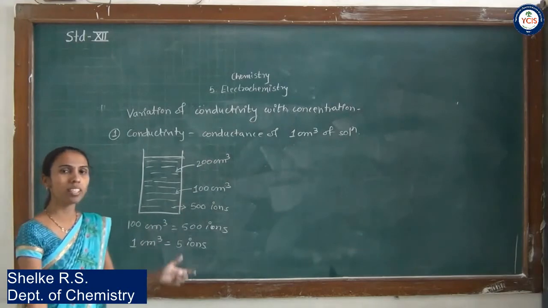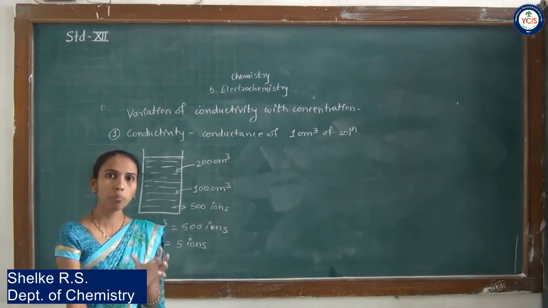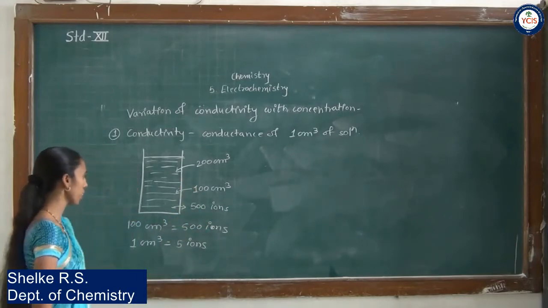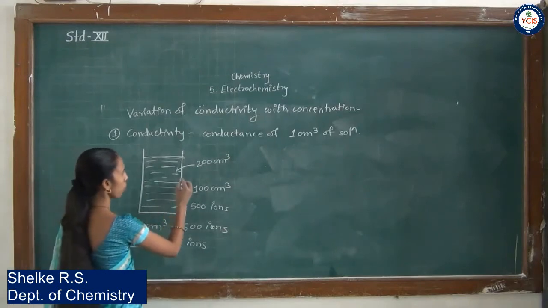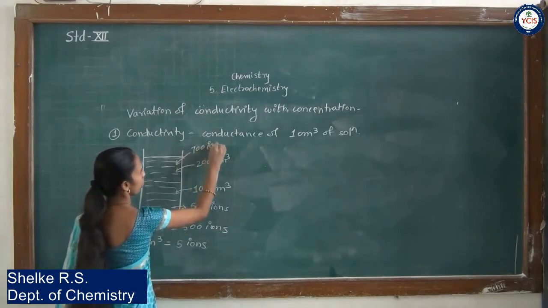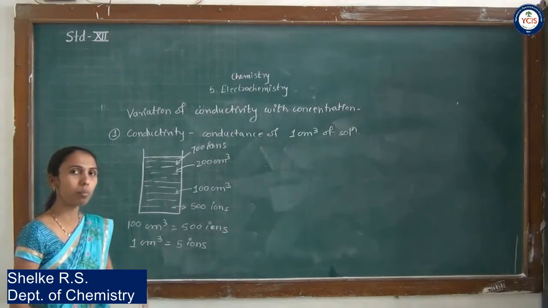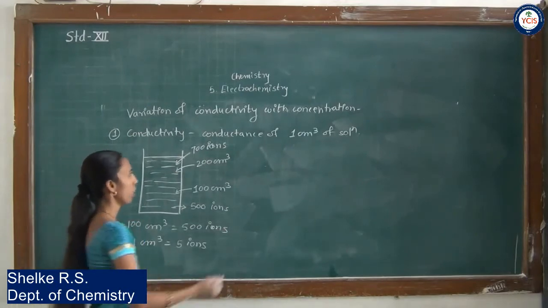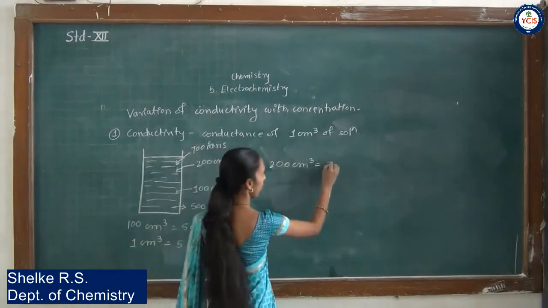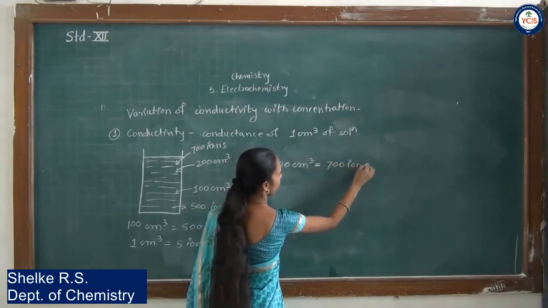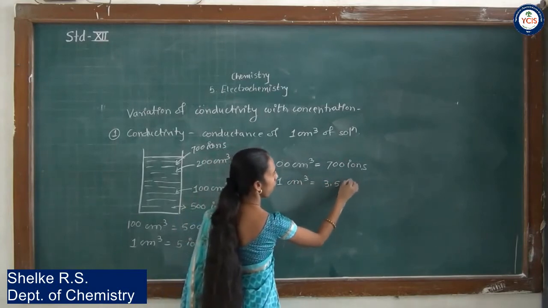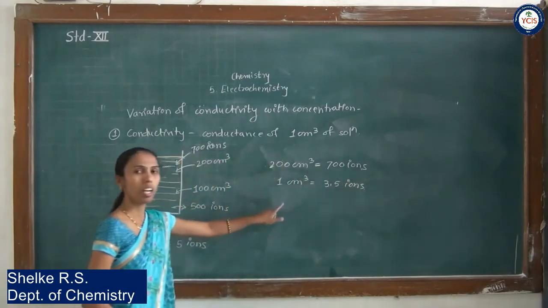That time I have told that as you are increasing the dilution, the number of ions is not in a proportion of dilution. The proportion मध्ये नसतात. Suppose we consider here, suppose now the number of ions will be the 700. Okay. Here I am considering only, suppose the ions will be increased by 200 and that will be the 700 ions. Now if the 200 cm³ of solution will contain now 700 ions, so 1 cm³ will contain how many ions? That will be 3.5 ions. Okay, understood till that?